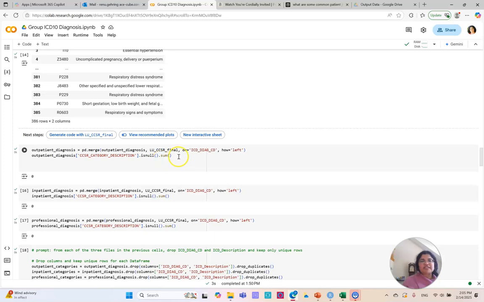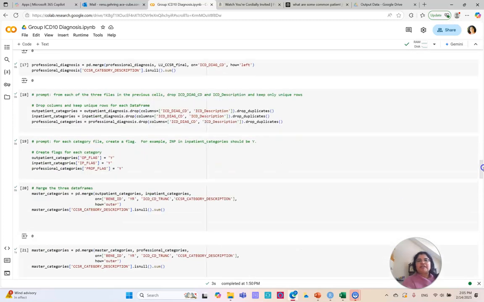And then I want to see, are there any nulls? So I'm checking each file. And all of these are zeros, so it's good. Now, one thing I can do is